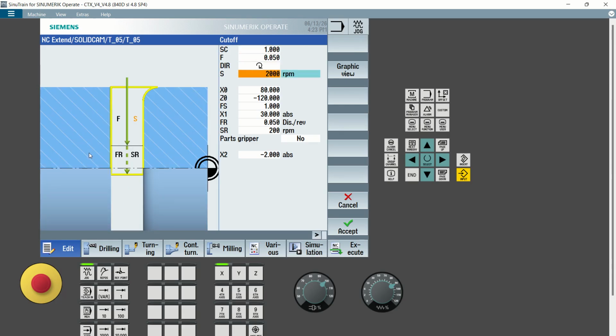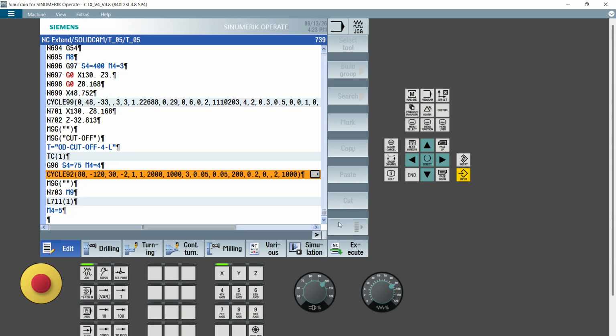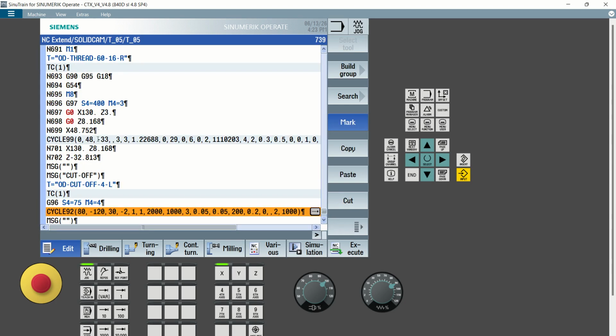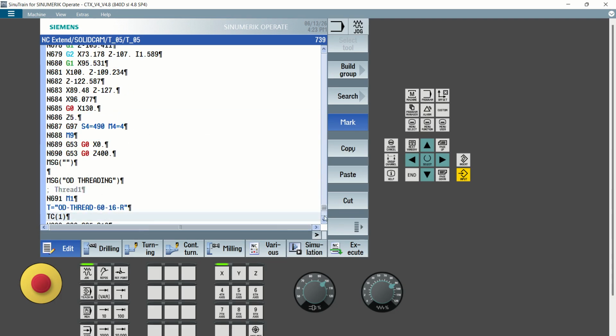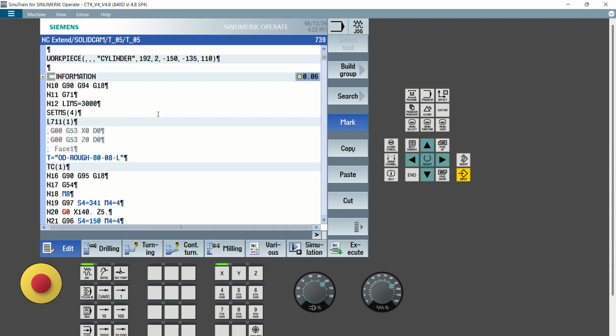Safety distance and clearance, the direction is clockwise, and so on, all of them. But you need to check the actual distance. So here, for example, this is the original turning. Let me check the original turning. I can show you